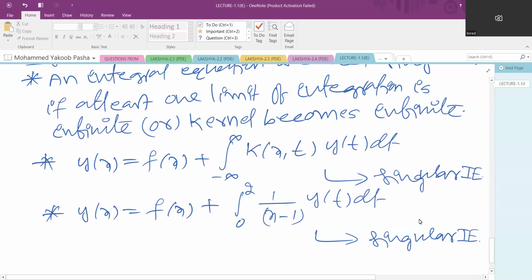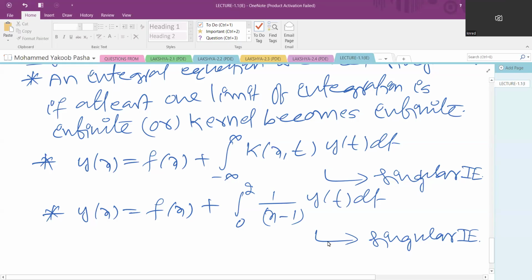If the limit of integration is infinite, that is called singular. Otherwise, the kernel becomes infinite under the integral sign. Then that integral equation is called a singular integral equation. Okay. Now,